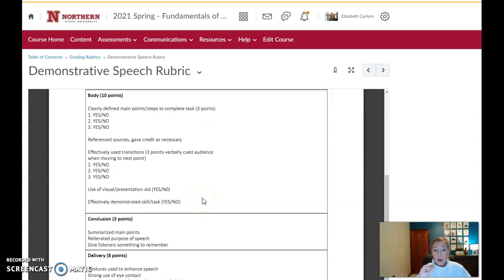Okay, 3 points, clearly defined main points, steps to complete the task. What I'm looking for here once again is 3 steps. Now within those steps, so for example, when I go through, okay, my first step is to get our supplies and ingredients ready. And then I would explain to the listener, okay, what I have in front of me is